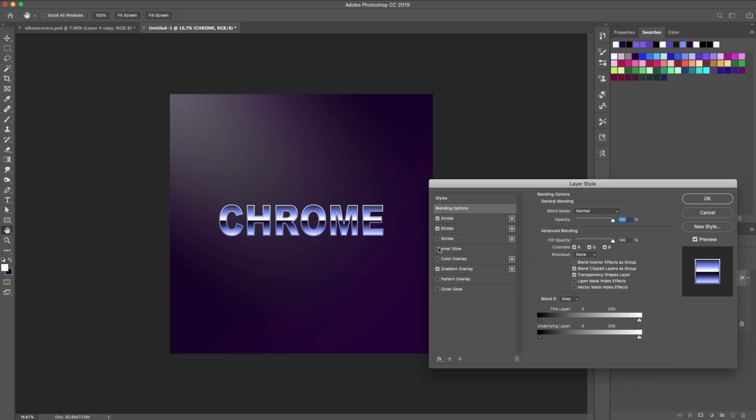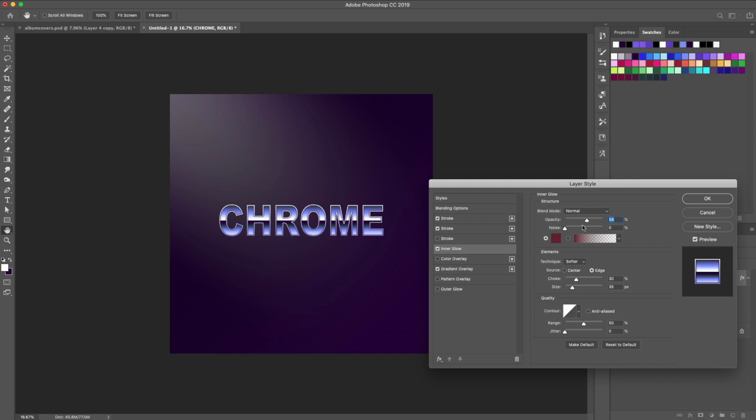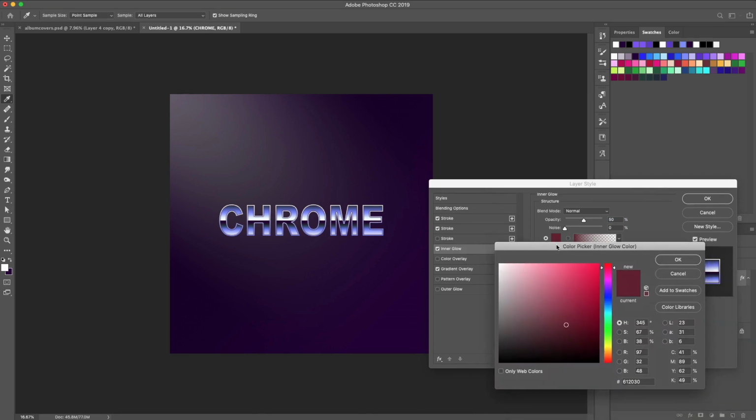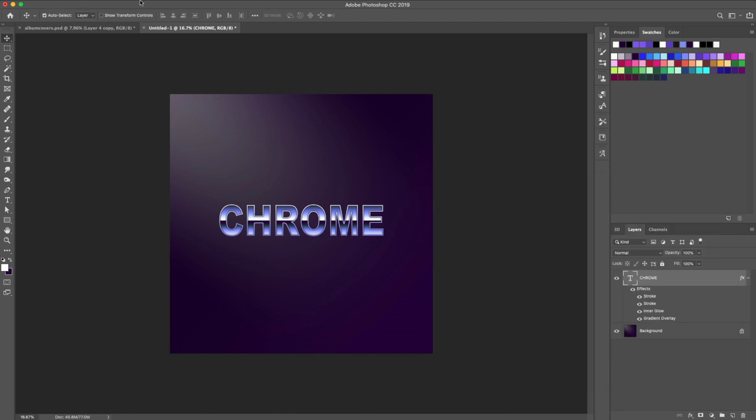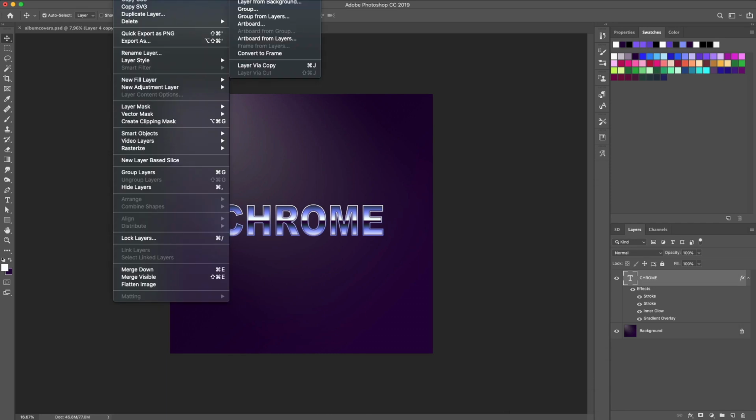and have the color be our black color. To give the illusion that the borders are coming out at us somewhat, we're going to add an inner glow and set it to our dark color at 50% opacity with a 30% choke and a 35 pixel size. Depending on what you're going for, you could stop right here and be done, but we want to give